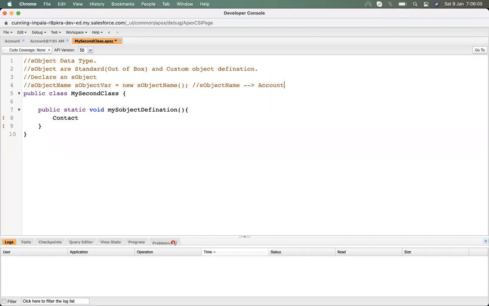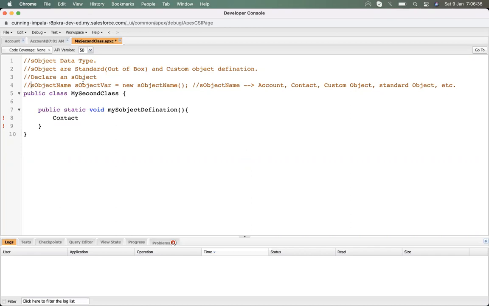It can be account, contact, custom object, standard object. It can be anything.